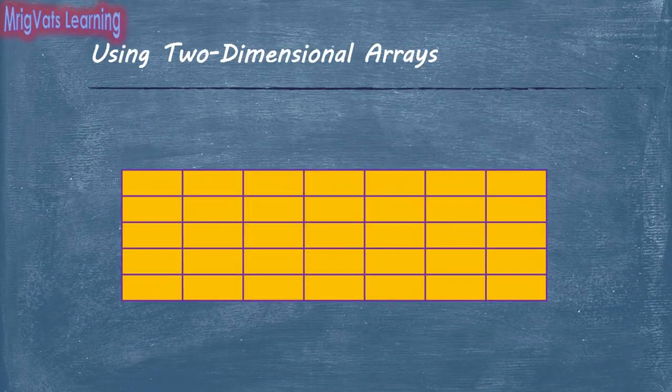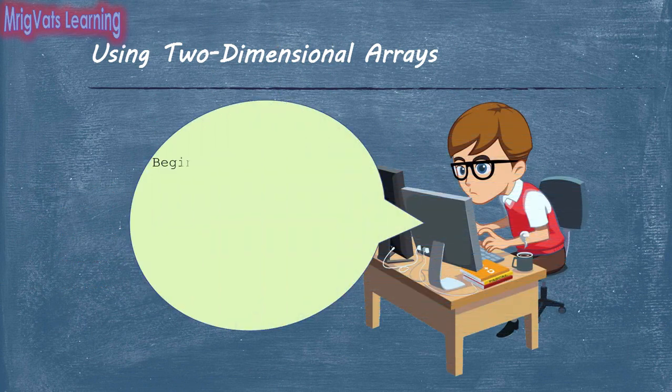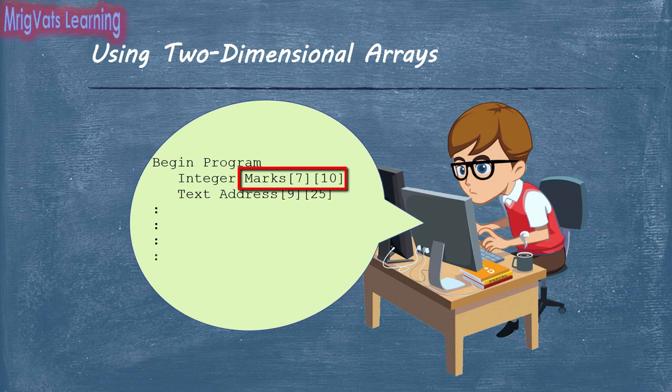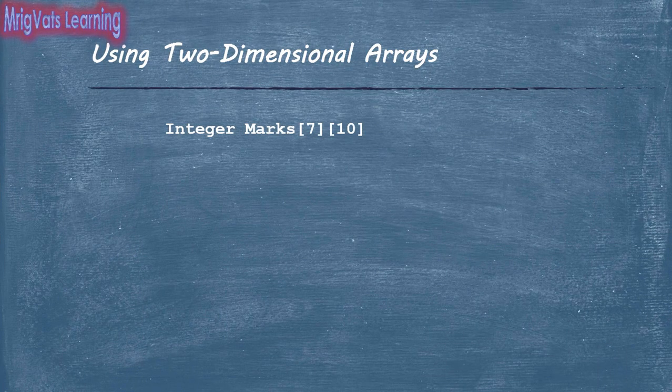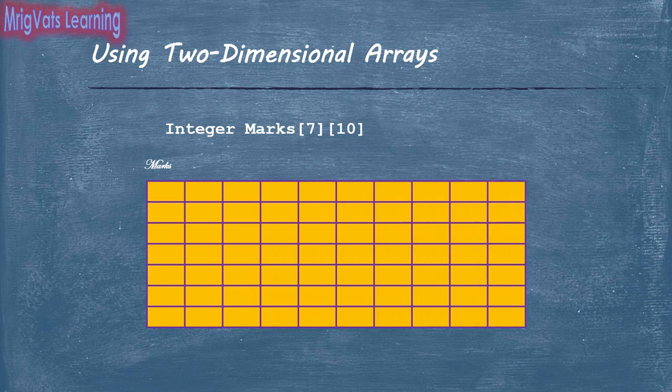Similarly, when you declare a two-dimensional array, it consists of rows and columns. To declare a two-dimensional array, you use the data type along with the array name followed by two square brackets. In the first square bracket, you specify the number of rows you want in the array, and in the second square bracket, you specify the number of array elements you want in each row. As soon as the program runs the statement to declare the array, it allocates contiguous blocks of memory to create an array of the required number of rows and columns. Similar to one-dimensional arrays, indices of the rows as well as columns start with 0.